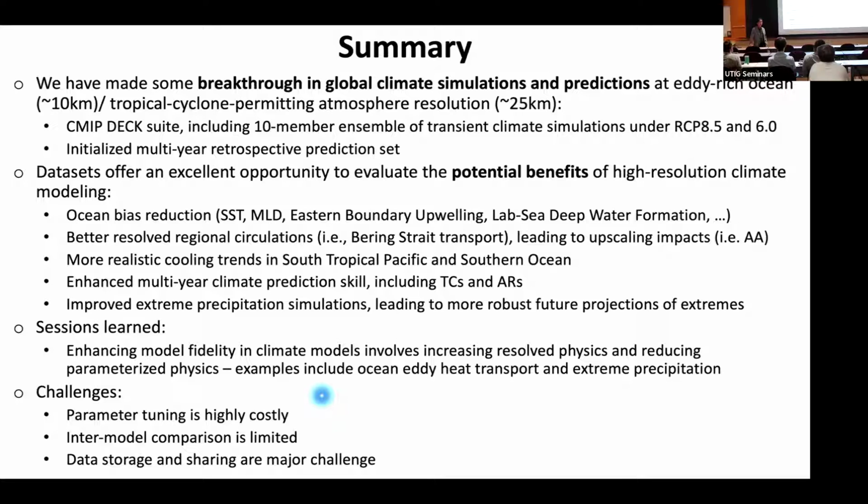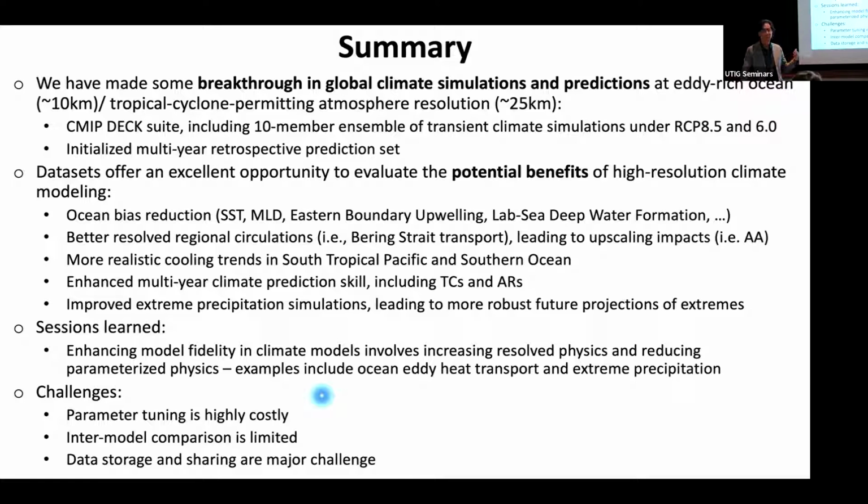Yeah, that's definitely a potential way. If you cannot afford to run a global high resolution model, perhaps you can run a regionally refined model. One of the issues with that kind of approach, again, is the parameterization. We have to develop a scale aware parameterization, because you need parameterization in the coarse resolution region, and you don't really need it when the resolution gets very high, because you resolve the process. So how you transition from the coarse resolution region to the fine resolution region is a challenge.